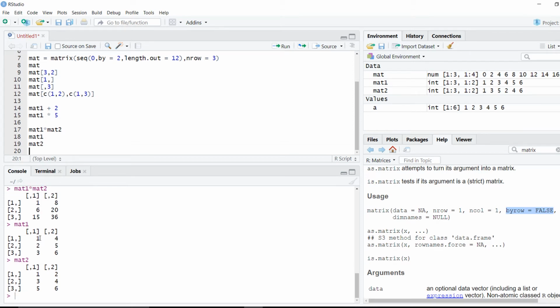You can check here MAT1, MAT2, and this is our multiplication. So MAT1, 1 into 1, we got 1. In the first row and second column we had 4 and here we had 2. 4 into 2 we got 8. Here we had 2 into 3, we got 6. So clearly it had multiplied each of the corresponding values and it gave us a matrix of the same dimensions.